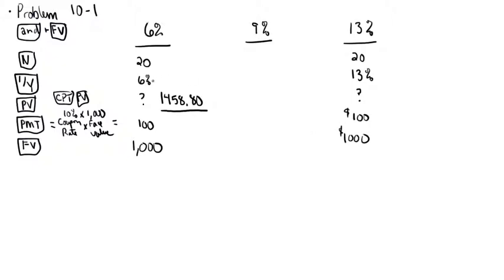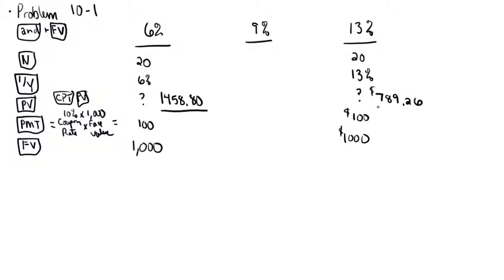So in my calculator, if I want to make this simple, all of these variables have stayed the same except this one. So if I want to just simply change this one variable and compute present value again, I can do that. So that's what I'm going to do. I'm going to type 13 and push the I/Y button, and then I'm going to go ahead and compute my present value again. And you'll see that now when I do this, the value drops to